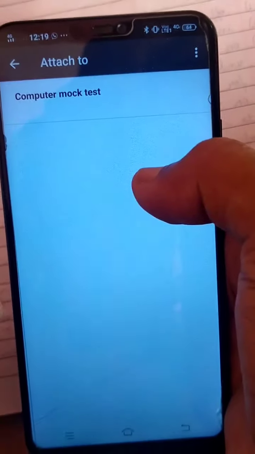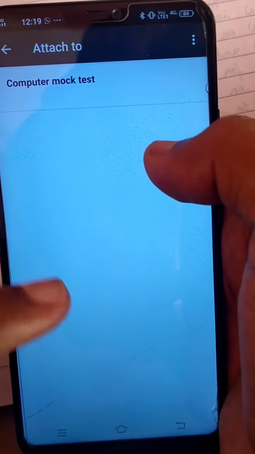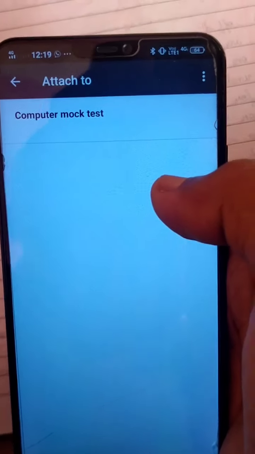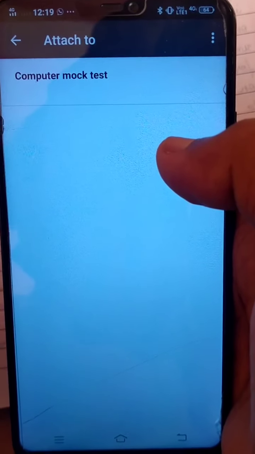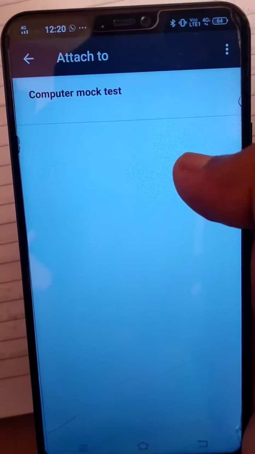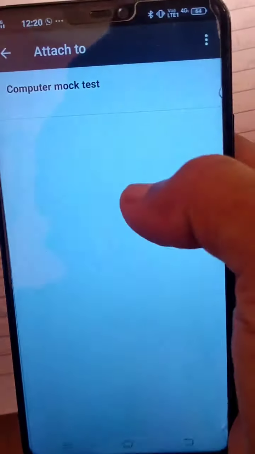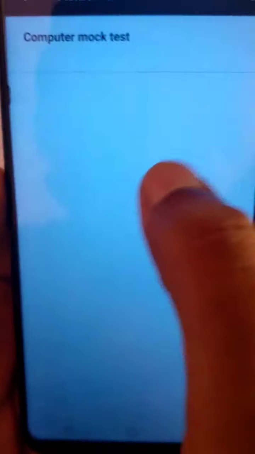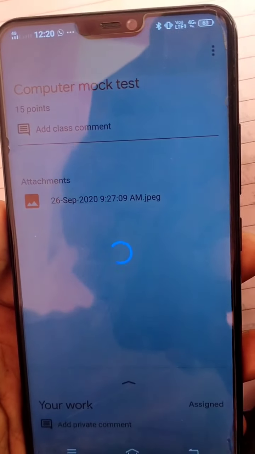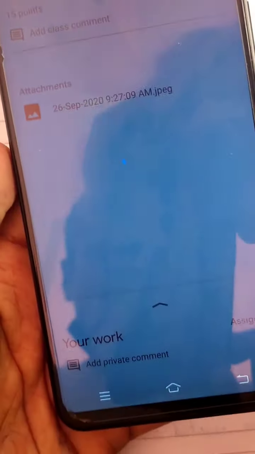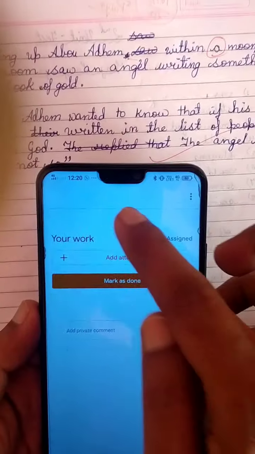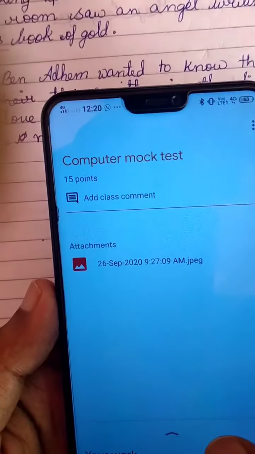Maybe the teacher has five or six assignments, so no need to worry about this. The teacher will tell you where to submit, in which assignment. Be sure to follow whatever instruction is given by the teacher, and only then submit. Here there is one, so click on that. It will take a little bit of time.